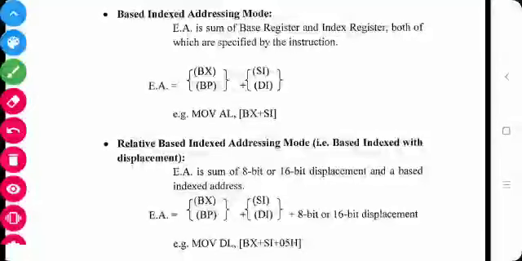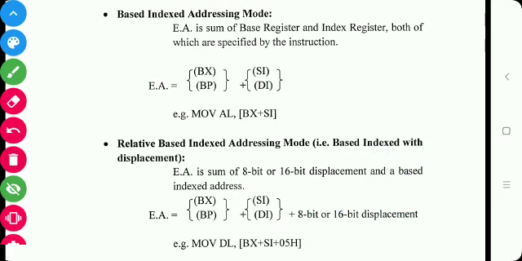In the last lecture we have seen the addressing modes: immediate addressing mode, register addressing mode, direct addressing mode, register indirect addressing mode, based addressing mode, and index addressing mode. Now the next addressing mode is based index addressing mode, where the